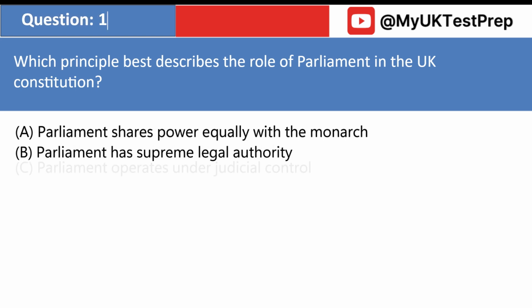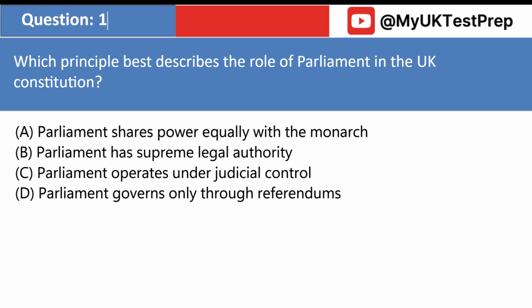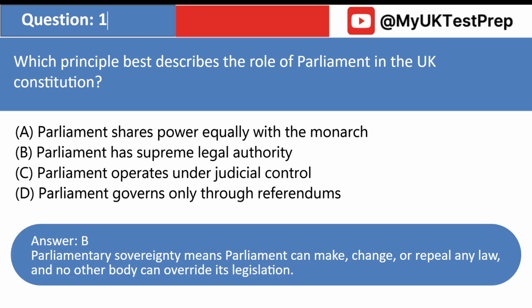Which principle best describes the role of Parliament in the UK Constitution? A. Parliament shares power equally with the monarch. B. Parliament has supreme legal authority. C. Parliament operates under judicial control. D. Parliament governs only through referendums. Answer: B. Parliamentary sovereignty means Parliament can make, change, or repeal any law, and no other body can override its